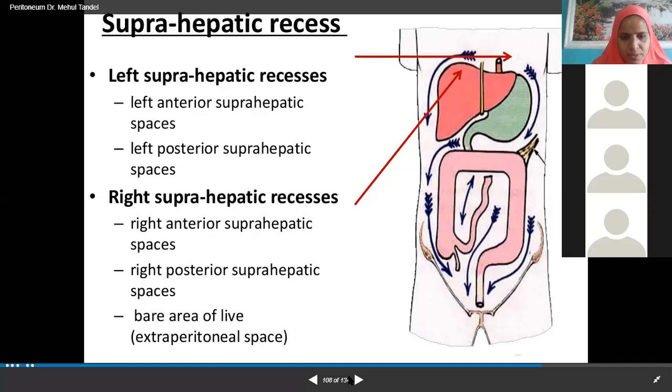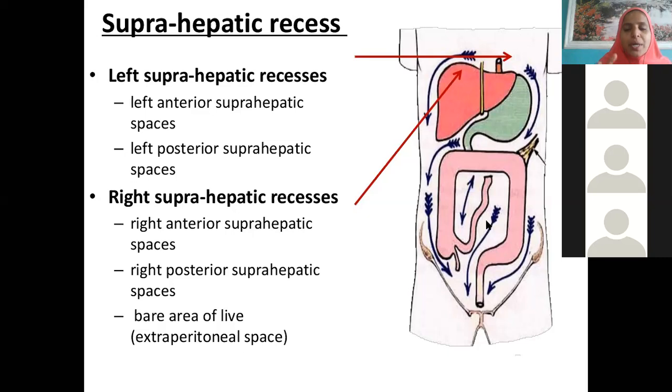Ma'am, so all these arrows are only recesses? The blue arrows, red arrows, all these. Just now I told you, above the mesentery, below the mesentery. Right superior and below you have left inferior. This is the right paracolic gutter. This is the left paracolic gutter, along the ascending colon and descending colon. All these arrows indicate that the peritoneum is such a big space where all these abdominal visceral organs can freely move.